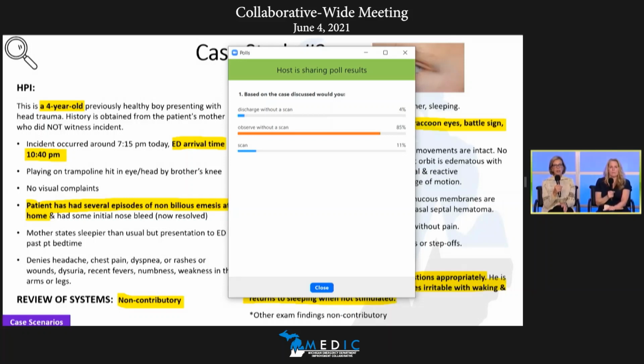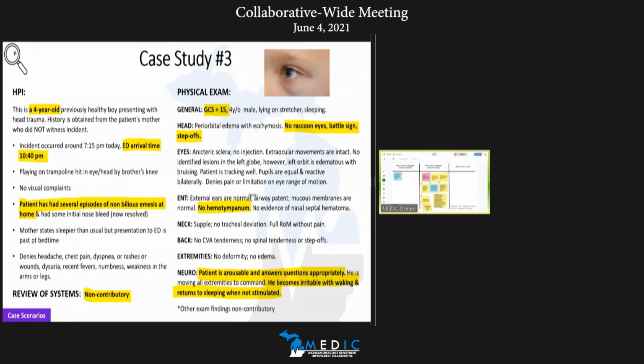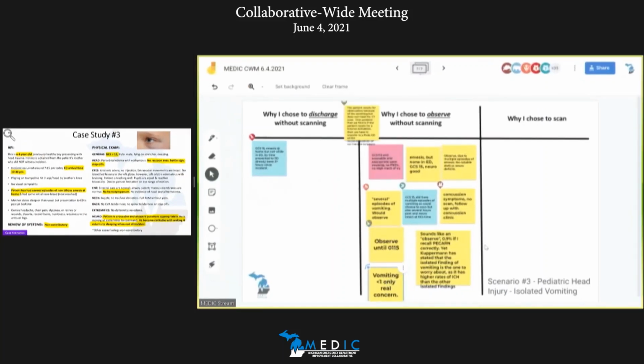So we're going to do the same thing we did with the prior two cases. We want to put up a Jamboard here. Just remember, we're going to have a couple different categories, so please put your sticky in the appropriate category. And we'll take a look at some of the decision thought process around here. Everybody's getting a hang of that Jamboard now. All right. Hopefully everybody's liking it.